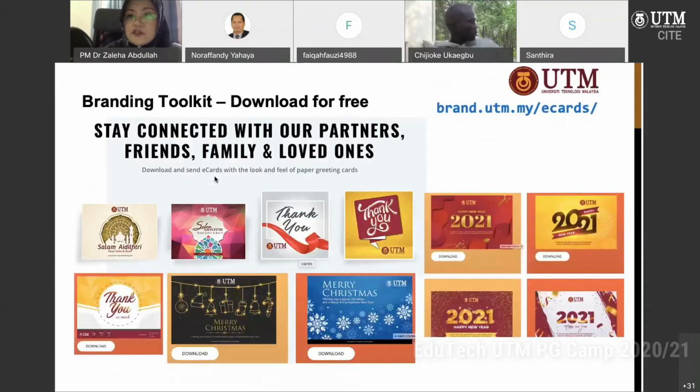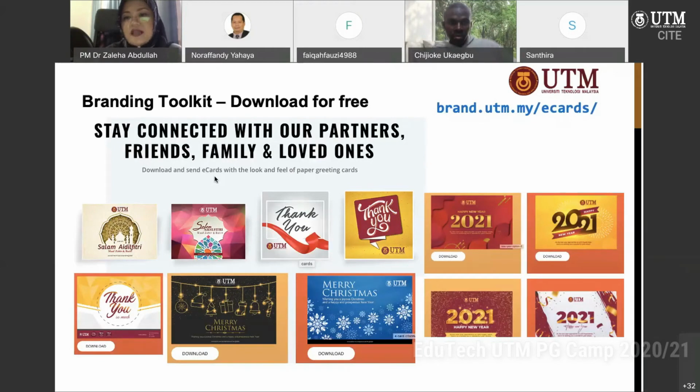Another interesting feature on brand.utm.my: when you go to the e-cards, brand.utm.my/e-cards, you'll find wishing cards, like for Raya, Merry Christmas or Happy New Year. We provide free e-cards. You can download and send them to your friends. Or these days, people just forward and send them through WhatsApp, right?